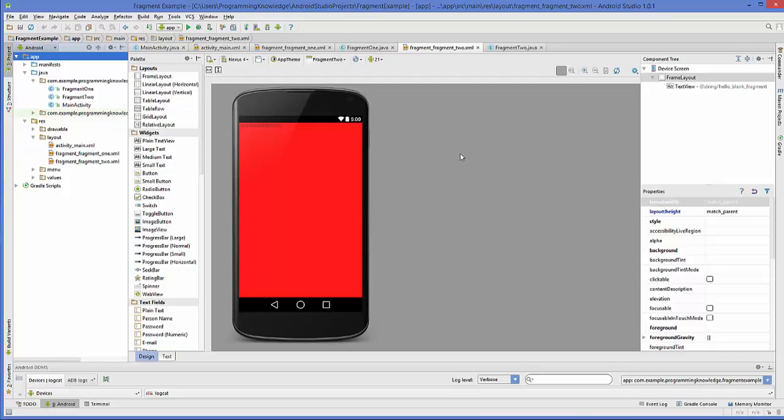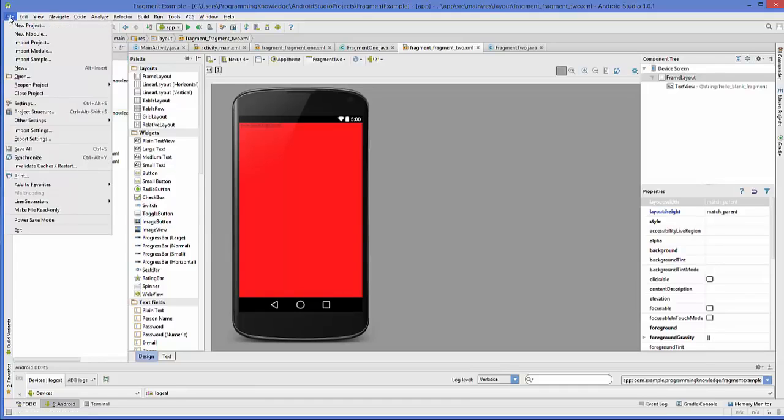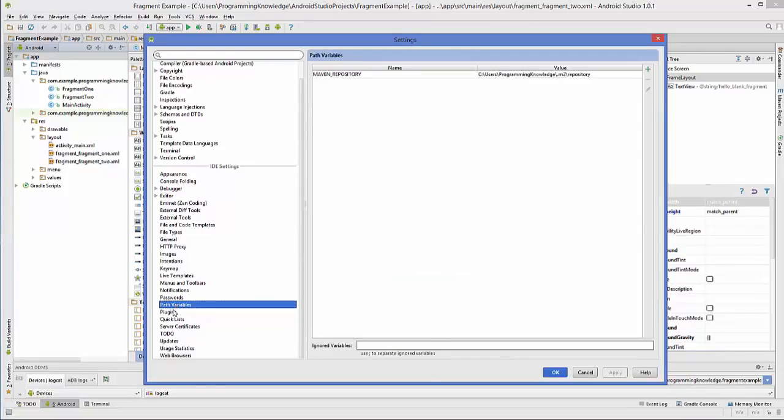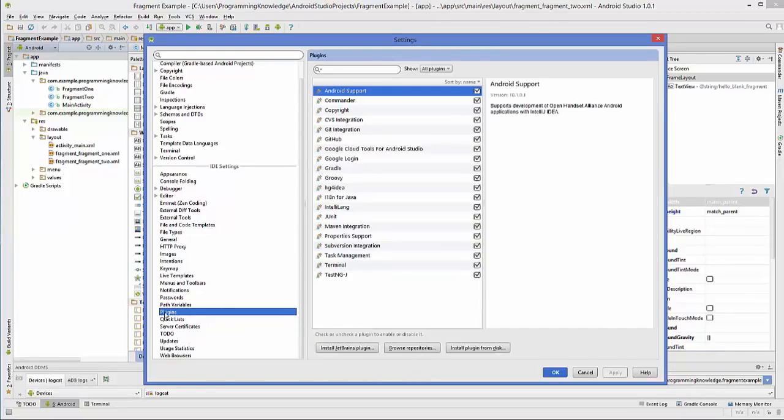So in order to set up Genymotion emulator for Android Studio, what you need to do is go to this option called File and go to Settings. And in here, search for the option called Plugin. Okay, so select this option called Plugin, and in here you will be able to see this interface. And in here, just click this button called Browse Repositories,